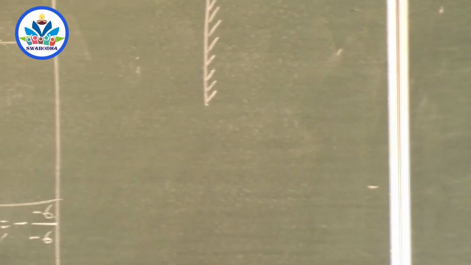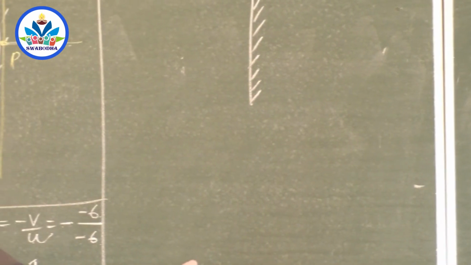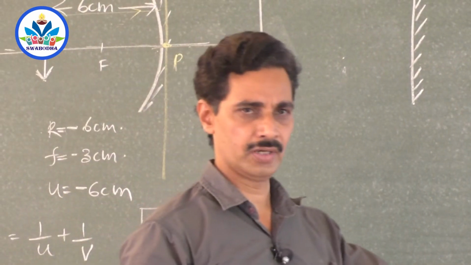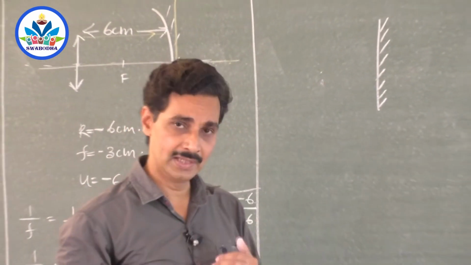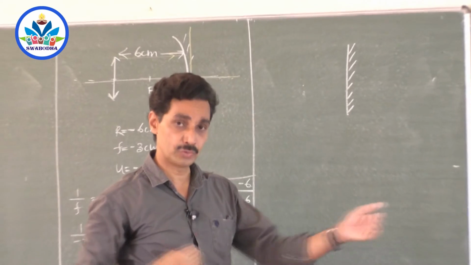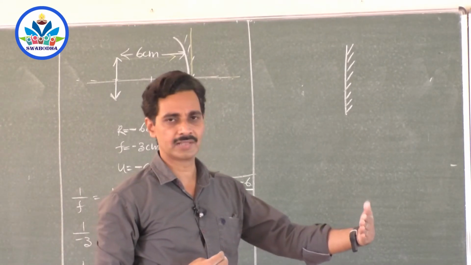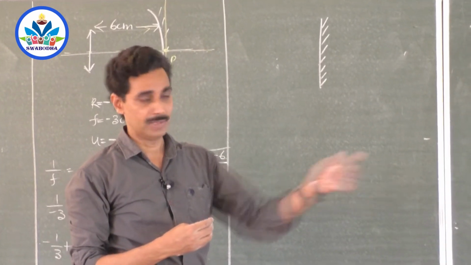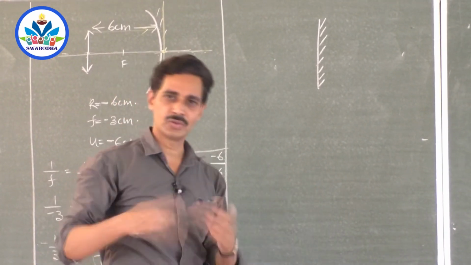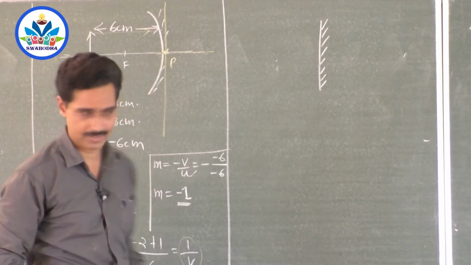In a plane mirror, you know that object distance is always equal to image distance. So if you are standing in front of a plane mirror, suppose I am at a distance of 2 meters or 6 meters from the plane mirror. If I go 1 meter forward, the image will also move 1 meter forward. So between me and my image, there will be a difference of 2 meters, because the image will not keep quiet, it will do whatever I do. So totally there will be a difference of 2 meters, correct?